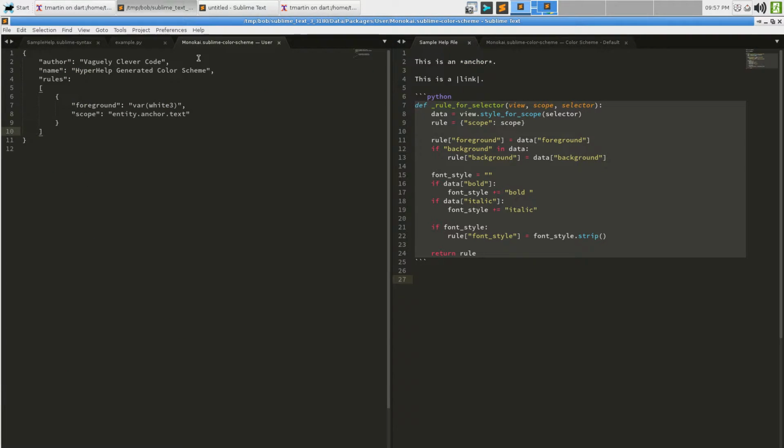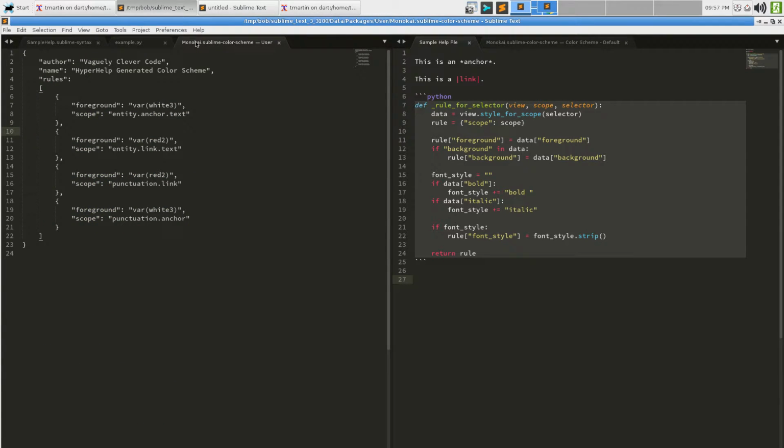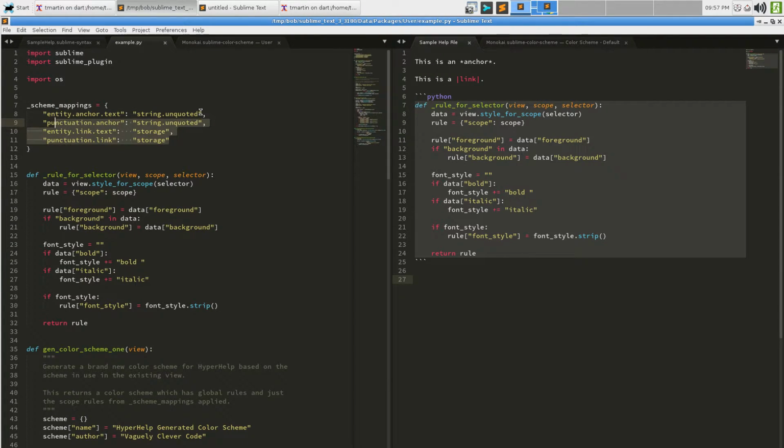Is that doing anything? Sort of. Links are working. And anchors aren't, even though they're string dot unquoted. So maybe my supposition on how that works in HyperHelp is wrong, or maybe I have something else that's messing things up.